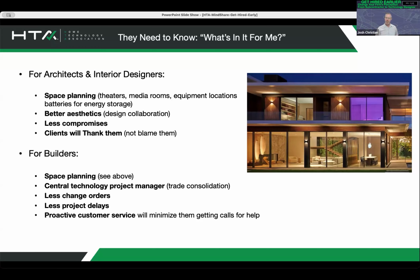Even if they don't ask you about your customer service policy, be proactive with it, because that is another concern in the back of their head. They're wondering, are these guys any good? Are they going to take care of the client, or am I just going to inherit more headaches? So show how you could minimize that, and also being their central point, it's almost like you're a project manager for other trades. And if you don't talk about this, they might think in their mind, oh boy,